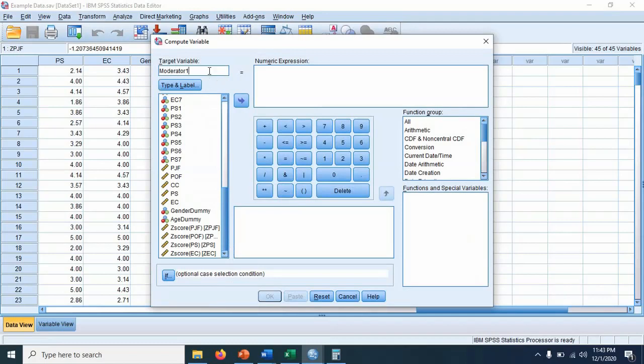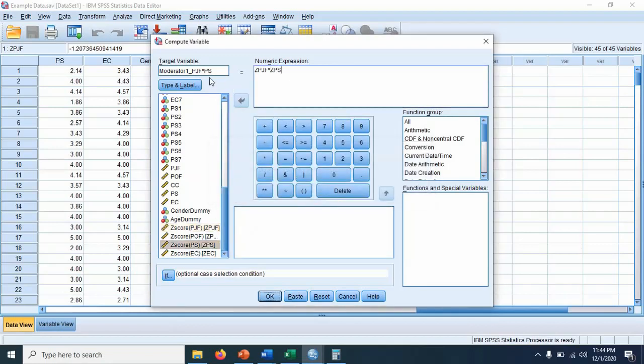So I will just name it moderator 1, but actually this is the person job fit multiplied by psychological safety. I hope it will accept the star, but we will see. And then here, you will select person job fit, you will multiply with the psychological safety and hit OK.